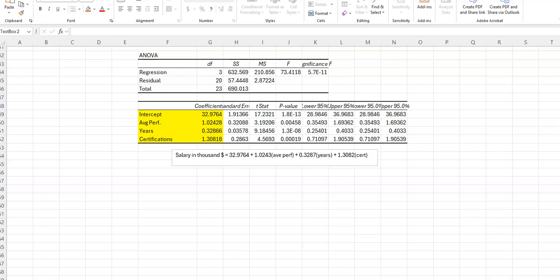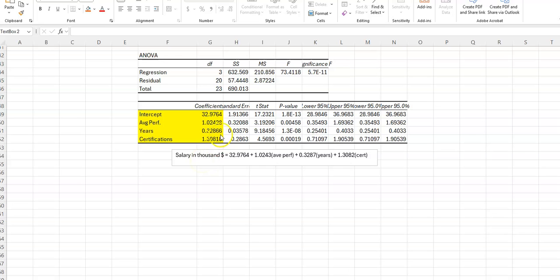I have other videos that will do that. But suppose we've gotten this output. So I have here highlighted in yellow the output. We have the intercept, like 32.9, and then here the next three numbers starting with 1.02 and down are coefficients from our three variables. So for instance, let's suppose I was running a regression that would predict someone's salary in